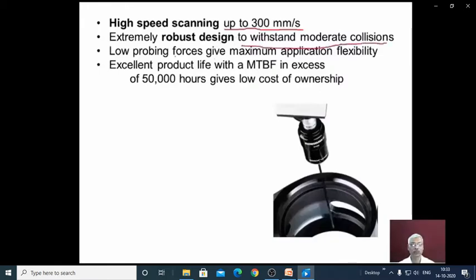The low probing forces give maximum application flexibility. Because of these low forces, the wear of the stylus is also very less. An excellent product life with a mean time before failure in excess of 50,000 hours. So this gives low cost of ownership.